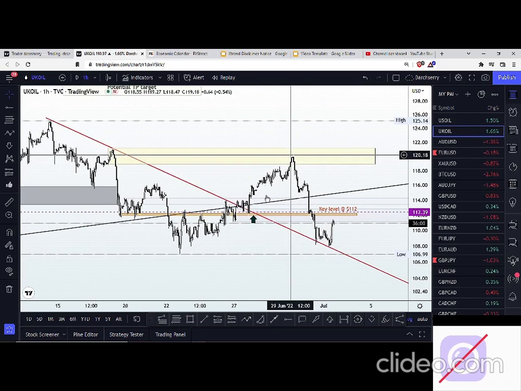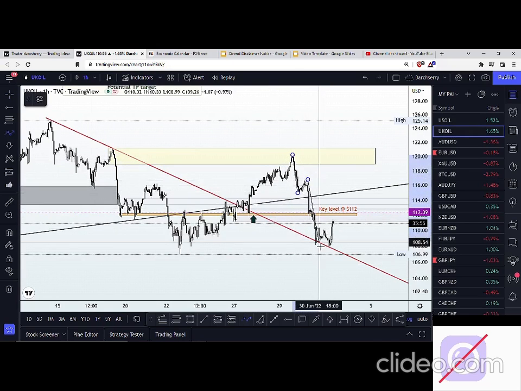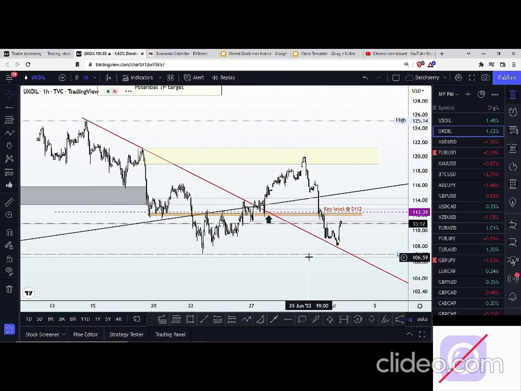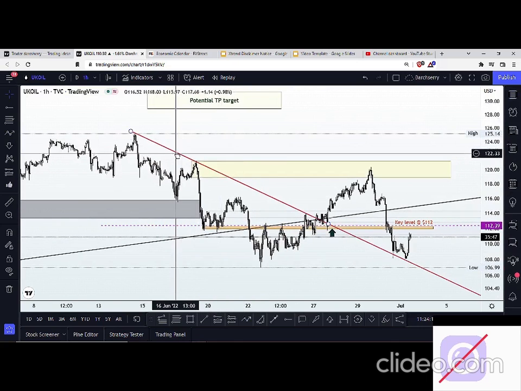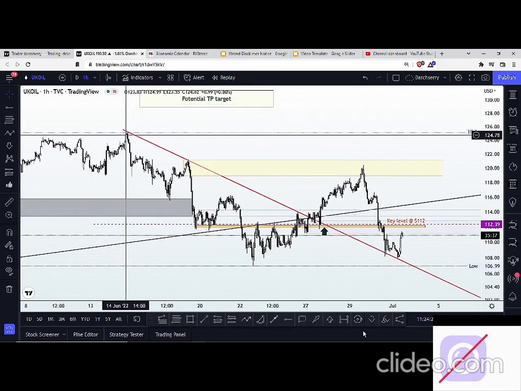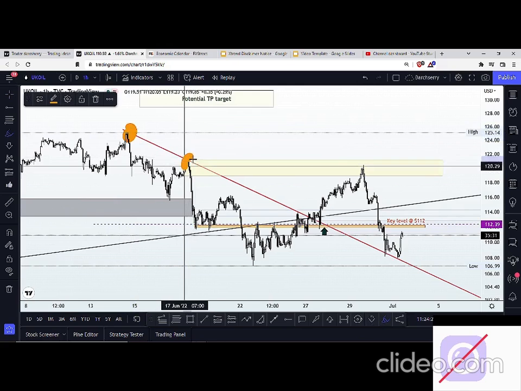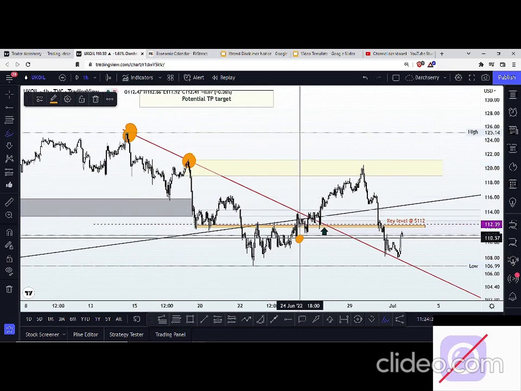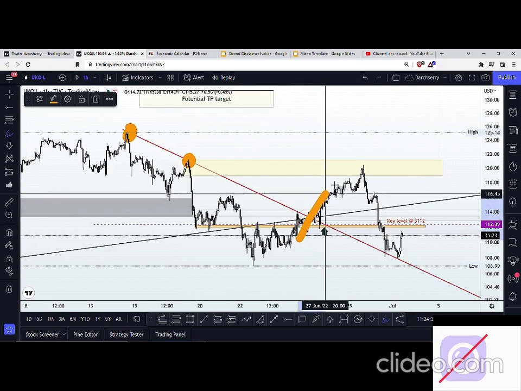tested our take profit target, and we saw a reversal from this area to the downside in the last 24 to 48 hours. Now, just like what we had on the US oil, we have a bearish trend line which has been a key determinant of price action since the 14th of June. We can see how price has respected the bearish trend line. If we look left, we can see we had a respect here, we had a respect here, and then we saw a breakout of that trend line,